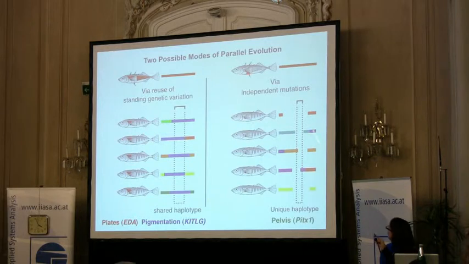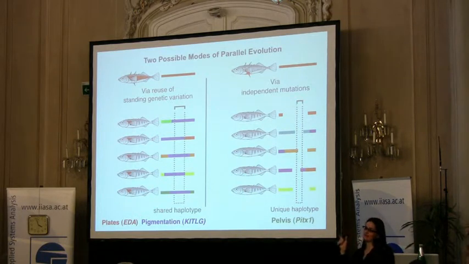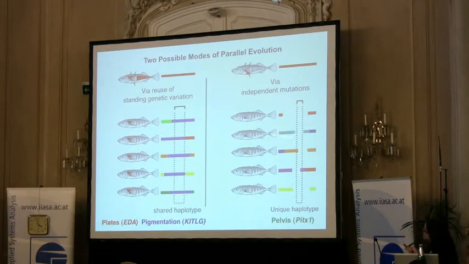It contrasts to what we see for the genetic basis of repeated pelvic loss in stickleback. In Frank's study, he was able to show that repeated pelvic loss involves a regulatory enhancer just near the PITX1 gene. It's the same genetic basis insofar as it's the same genetic pathway, but each population that's lost its spine has its own independent unique mutation and has deleted the regulatory element in its own unique way. So there's no sharing of ancestral variation in this context.